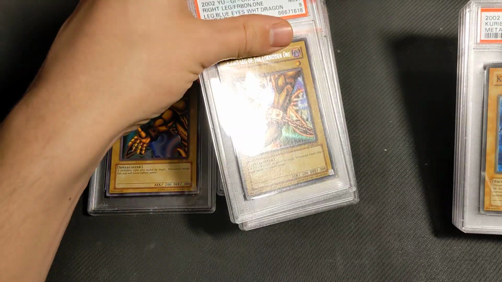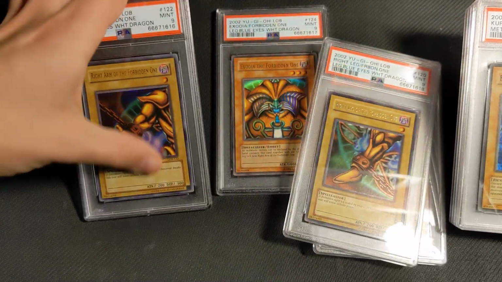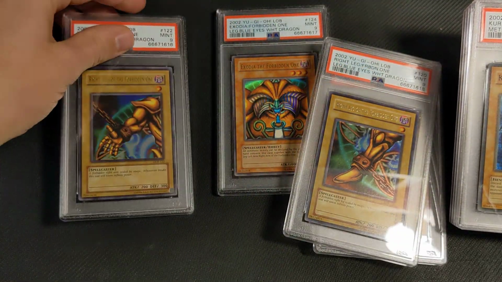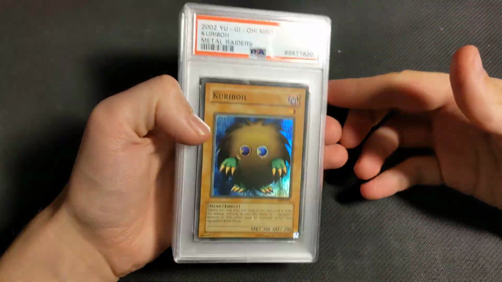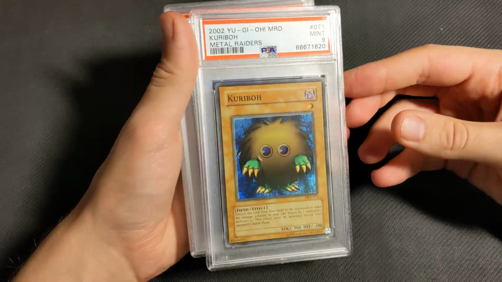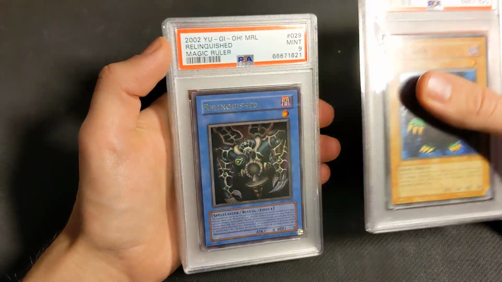They're actually all the exact same original print as well. It's this kind of, probably late 2002 or so. This is the print you normally get when you open an unlimited booster box. Alright, and got an unlimited Kaibo 9. That one is slightly faded, but nothing crazy. Relinquished MRL PSA